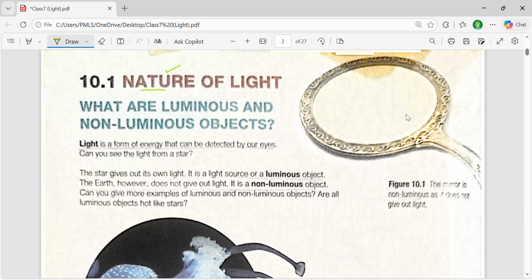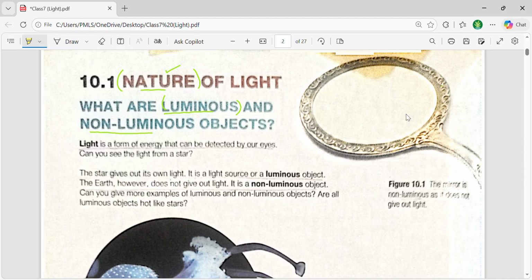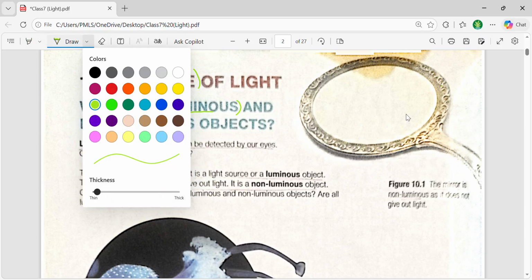Depending upon the nature of light, from where the light comes from, we need to understand the basic difference between the luminous and the non-luminous objects. As you can see in the name, that is prominent from its statement, the luminous objects are those objects that have their own light, and the non-luminous objects don't have their own light, they don't produce their own light. They might appear bright in front of you, but they don't have their own light, so that's what they call non-luminous objects.